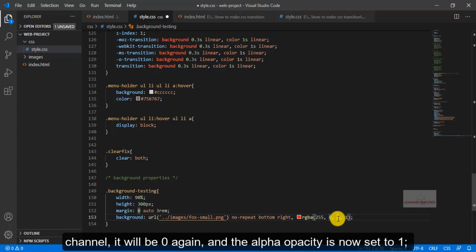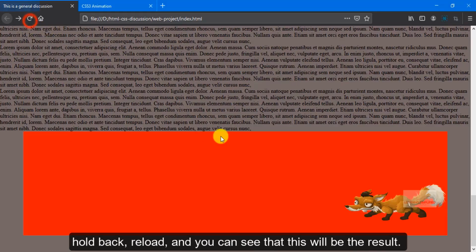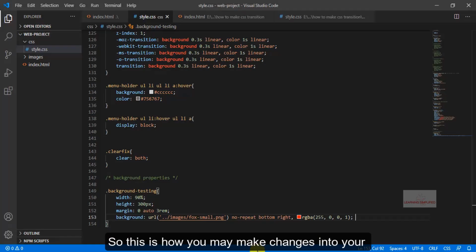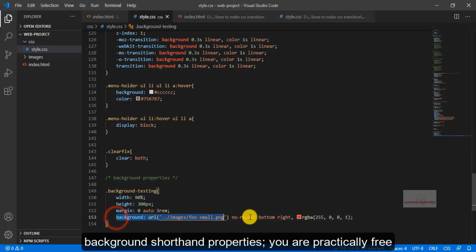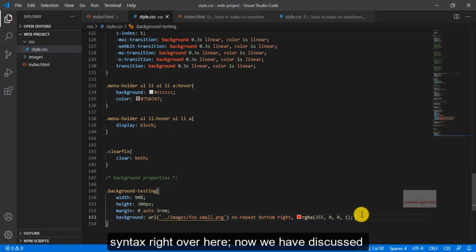For the blue channel, it will be 0 again, and the alpha opacity is set to the maximum, which is 1. Press Ctrl S, head back, reload, and you can see that this will be the result. So this is how you may make changes to your background shorthand properties. You are free to change any of these background properties using this background shorthand syntax right over here.